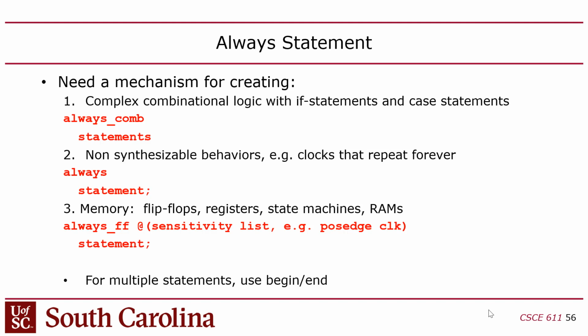But there's this sensitivity list because with an assign statement, the sensitivity list is implied by any signal. So if I say C ampersand D here, C and D are the sensitivity list. If C and D change, it's going to activate that assign, right? So anything on the right-hand side of an assign is the sensitivity list. But with an always, because always statements can imply memory, you don't necessarily want to put all your inputs in the sensitivity list, right? Now, if it's meant to be combinational logic, just like a complex always block, then you do,